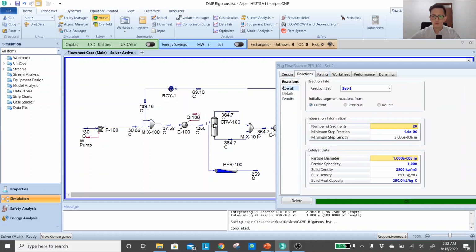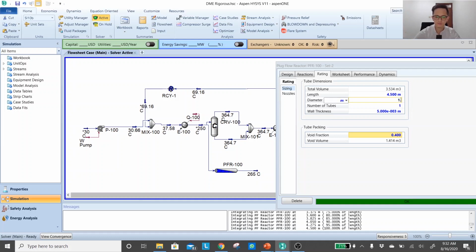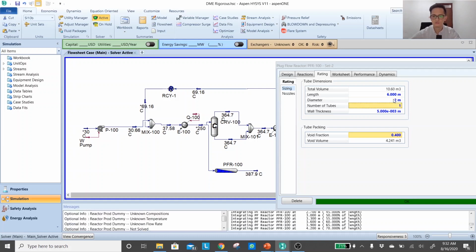So you go back into the rating and then change the number. Let's say now I increase by 50%. Okay, it's already getting closer to the actual temperature of our conversion reactor. Let's say now 6 and 2.